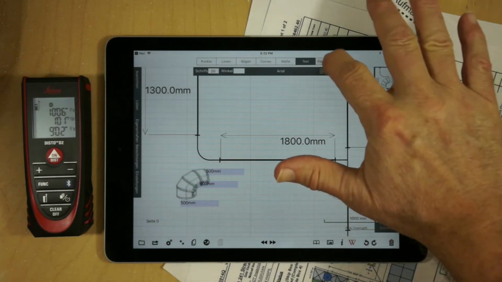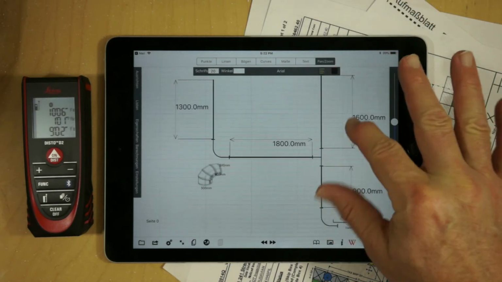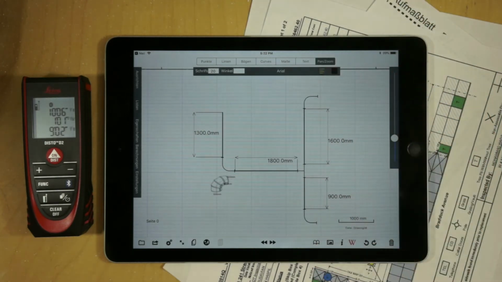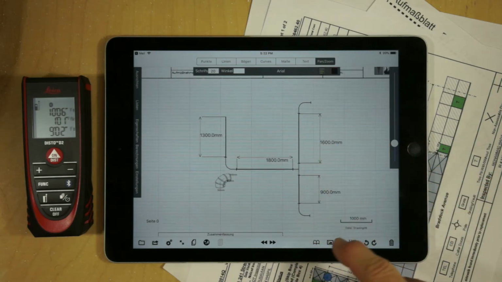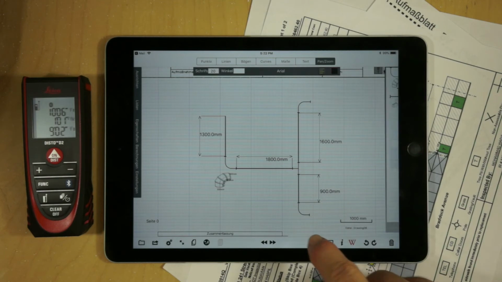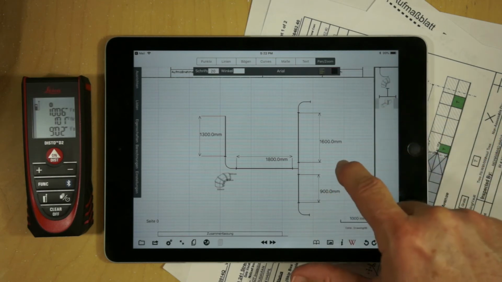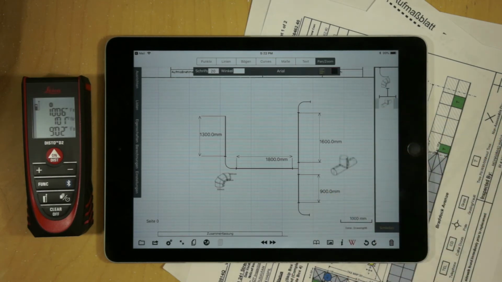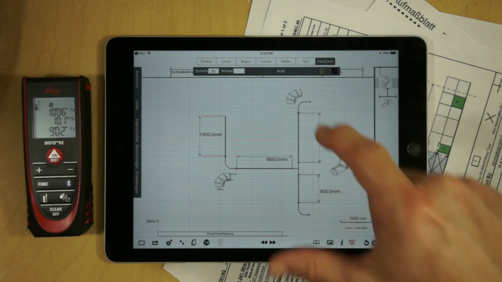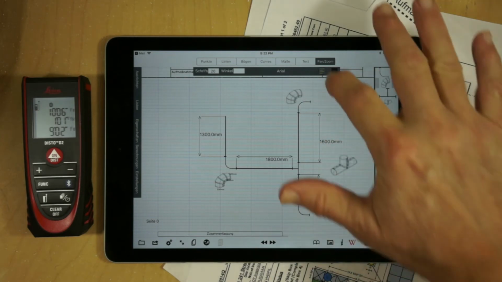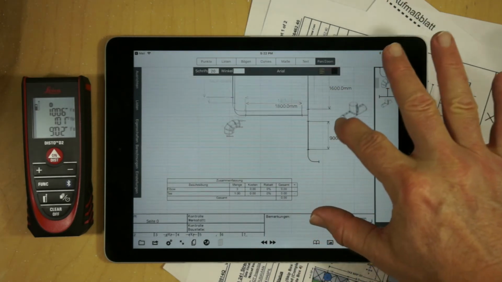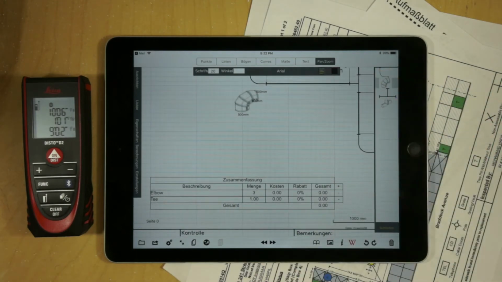Okay, so we've captured these dimensions, and now we can see we've got a very accurate depiction of this very complicated scenario. Again, if we look at the other symbol, we can drop that in and put those dimensions in, etc. for each one of these. Now we'll notice if we look at our table that those symbols were not added to the table, and that's